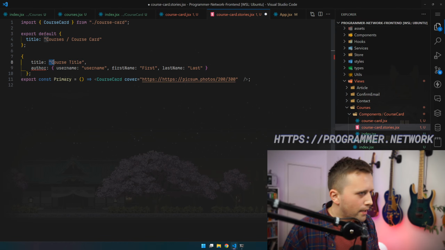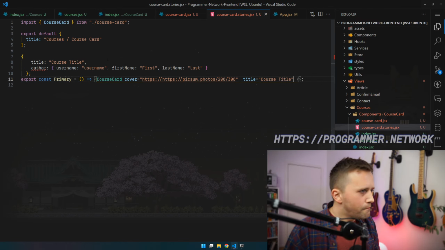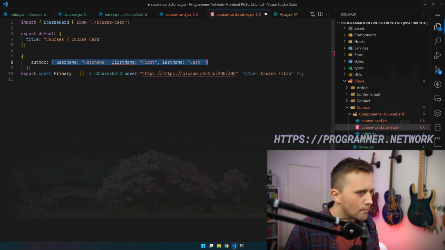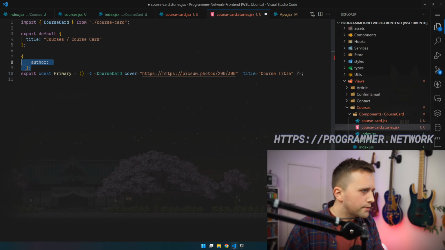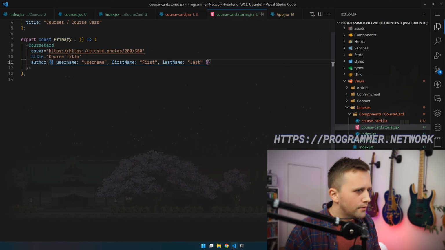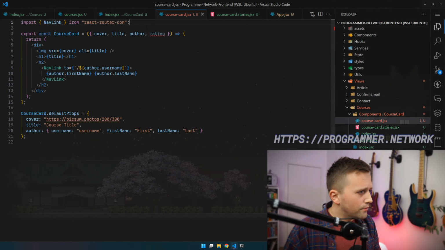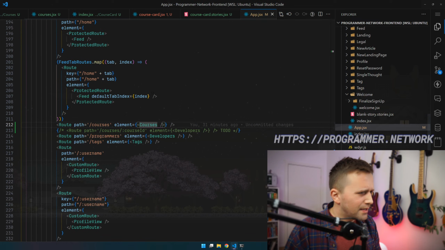How dare you, co-pilot? So let's just hard-code the props so we can then work with the component itself, and then later on we're going to do the rest of the stuff. Cool. And then it's telling me, hey Alex, you can't really use the location because you're not in the context of any router. That's slightly strange because